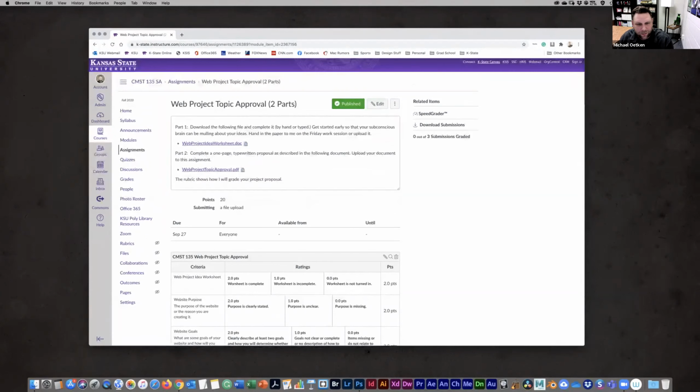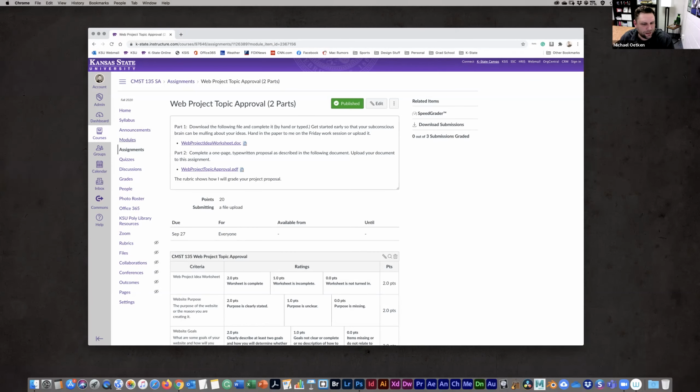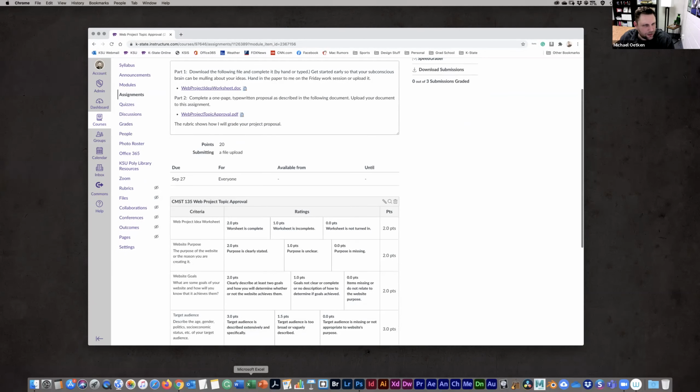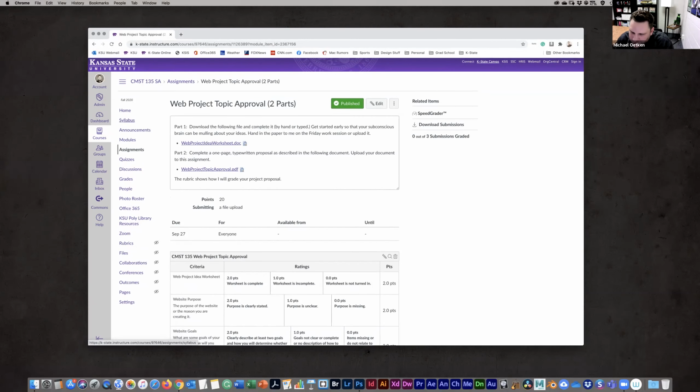It's something to help you get started with your final web project, your final website. That'll help you get a good idea of what you're going to be doing as far as the content for the website and maybe the overall layout or structure of the site. With that, I'm going to start working on the assignment. Page 249 in the book, 6.1, is where we're going to start.